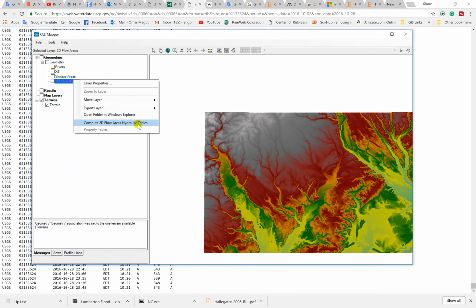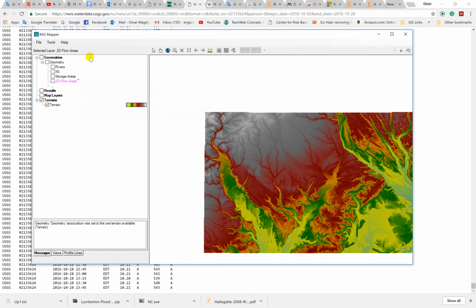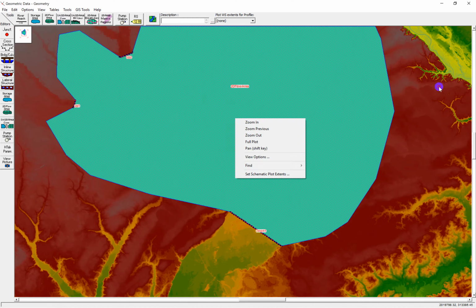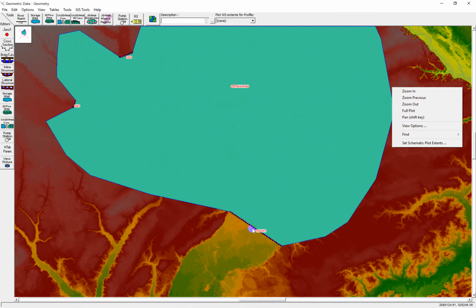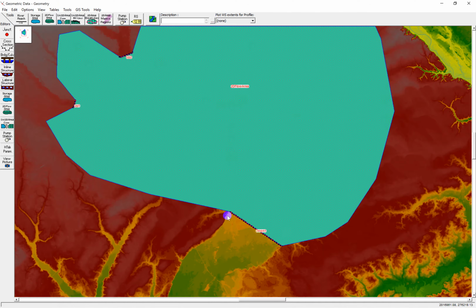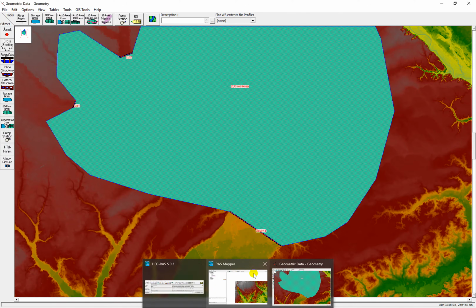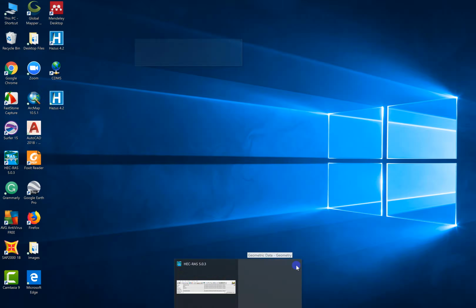Why didn't it do it? Should we go see it? So how about going to the geometry, and we will force computational again. If there is a problem with the mesh, it will not run. Okay. So let's